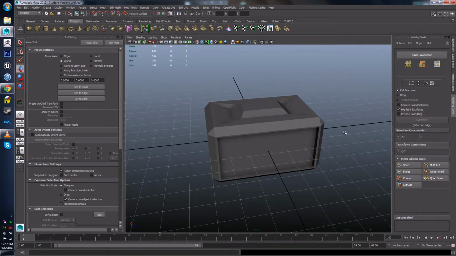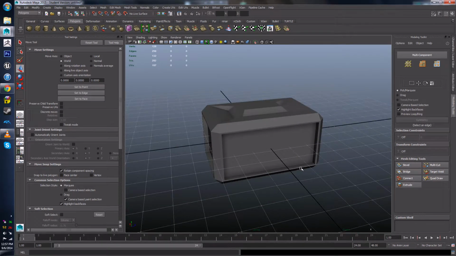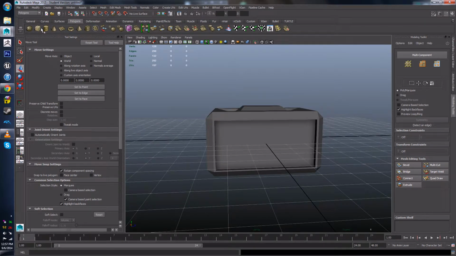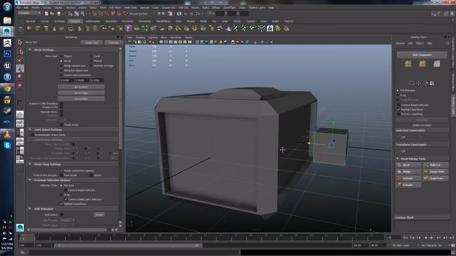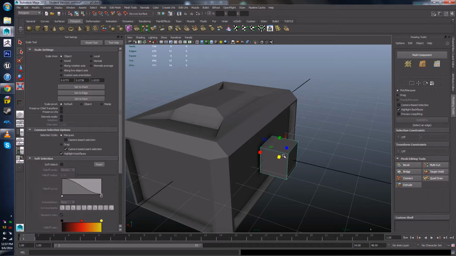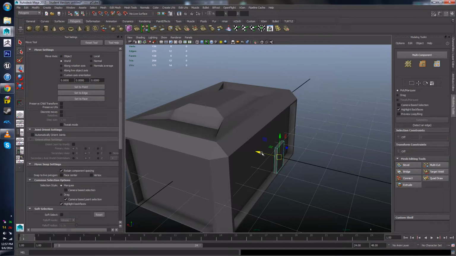Let's do one more thing to add a little bit of visual interest to this object. Let's add fins, racing fins. So what I did is just created a new box. I'm gonna pull it out of the middle right now because I'm actually gonna add this to the sides. So what I'm gonna do is scale it in, kind of make it thin. I want to pull it in,